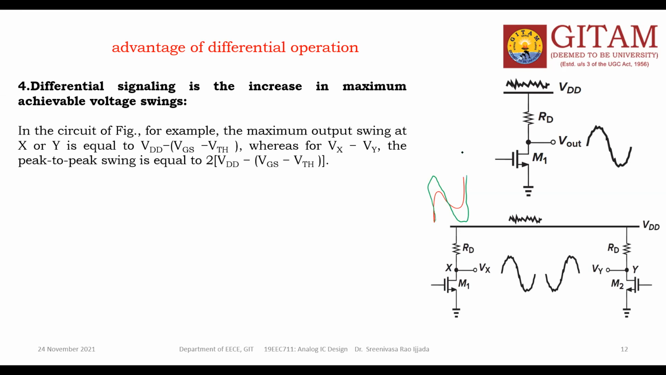Yeah. So what it is saying here, for example, I already told you in the last class. Once again, I am repeating this. Suppose you take this output, what is this output value? VDD minus